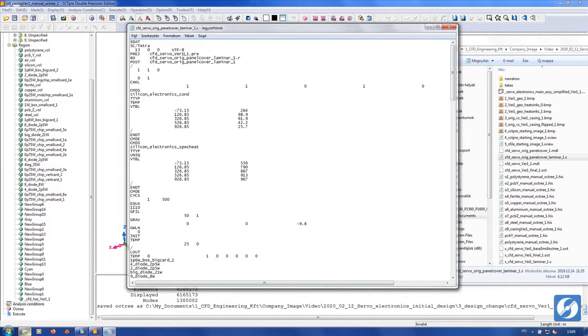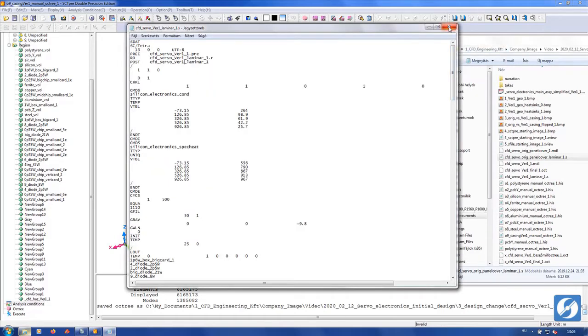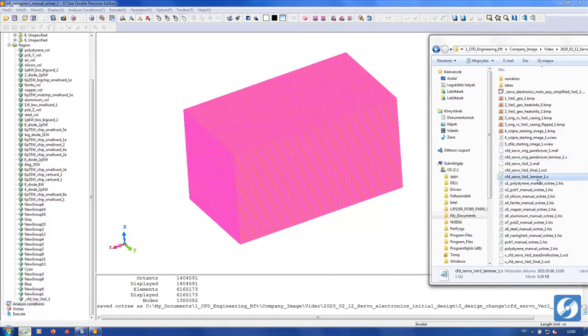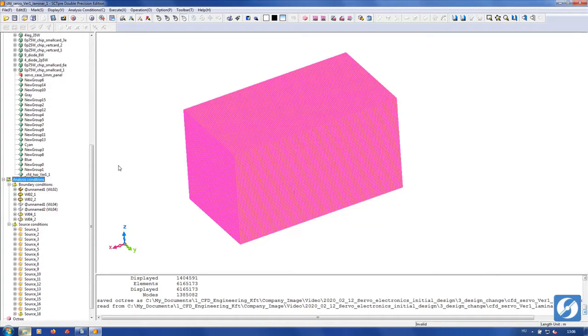All I need to do is to change the name of the mesh file, the name of the restart file, and the name of the results file in the header section and save it with a new name. When I drop the new settings file into the simulation, it tells me which boundary conditions are missing their regions. All I need to do is to register these.